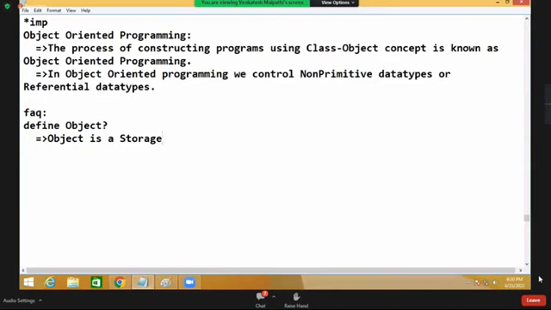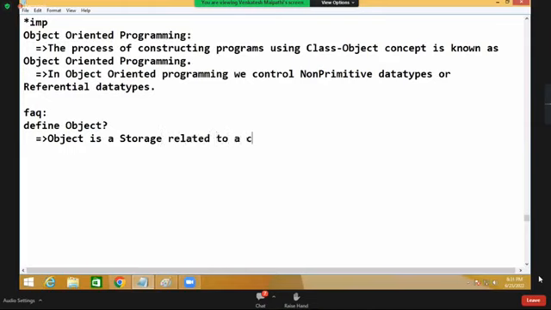An object-oriented programmer first keeps the data in the object. Then only he keeps the data in the database. That is a rule. First you have to keep it in your object, because for an object-oriented programmer, the storage is the object only. We keep the data in the object. Student details in one object, employee details in one object, address in one object. That is the work we are going to do now. So object is a storage